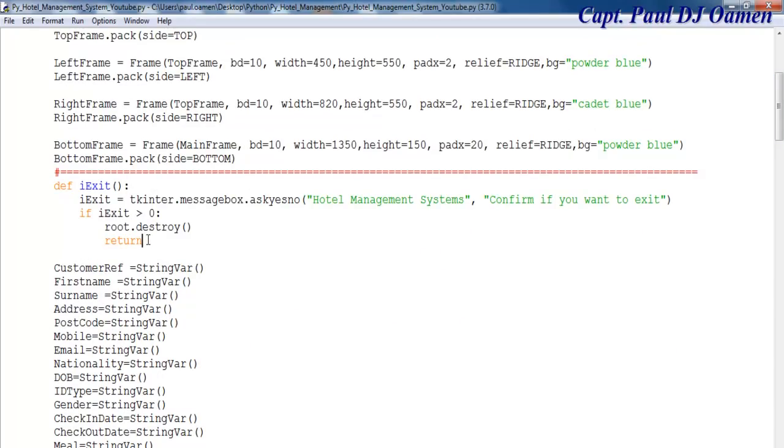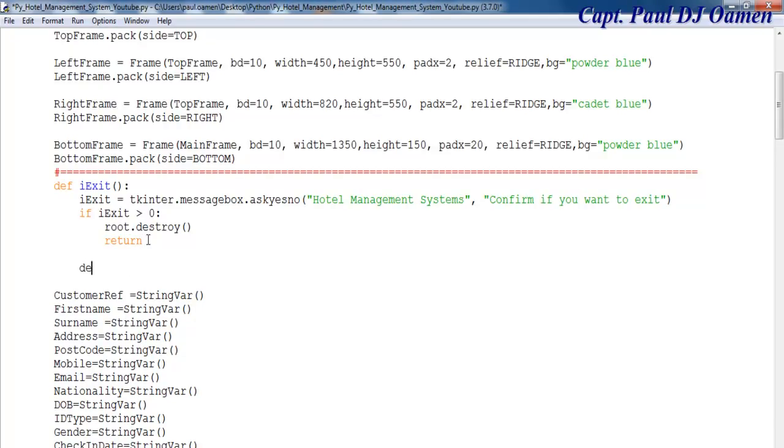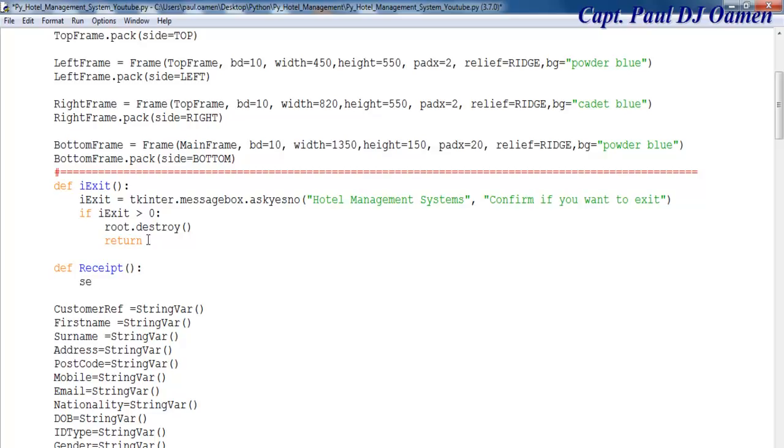The next function I would like to take care of would be, let's take care of the receipt function. That is very easy to take care of. So let's come in here. So I'm going to call that receipt there, and in the case of the receipt, I'm going to say self.receipt dot insert, and that will be at the end. Let's say customer. So I'm now calling all of the variables that were declared. Customer reference dot get